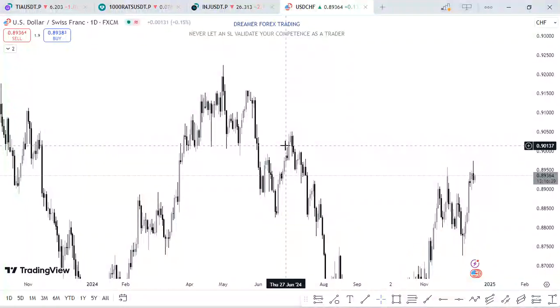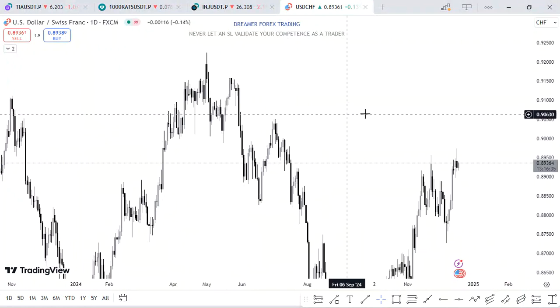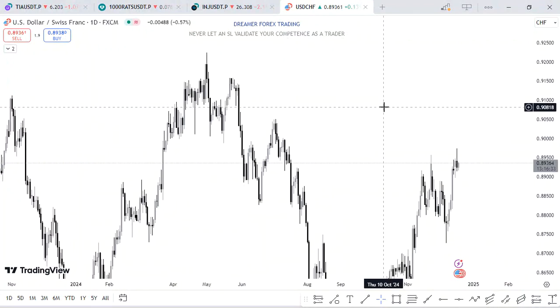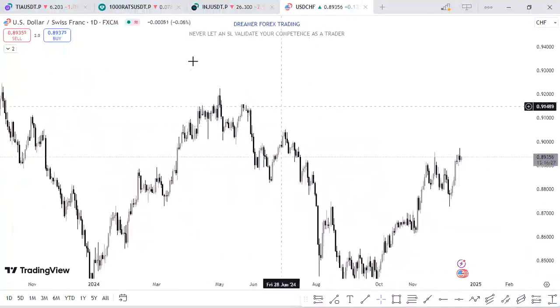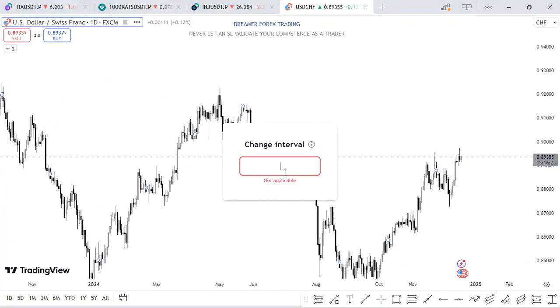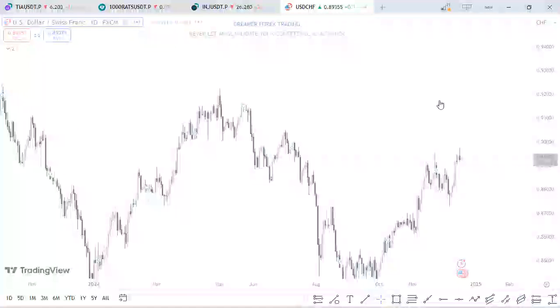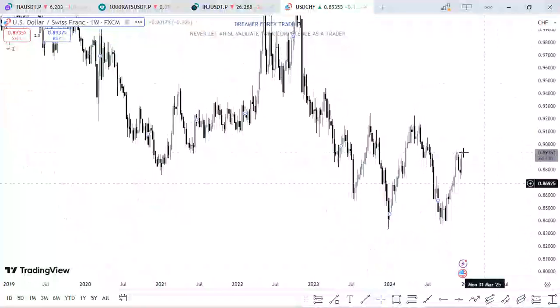SMC trader, so basically everything I'll be using here is SMC concepts with a touch of price action, assuming we do see opportunities that we can take with the price action. Okay, so first things first, we want to do our top-down analysis. This is the daily time frame, so I'll be switching this to the weekly so that we can have a better scope of the